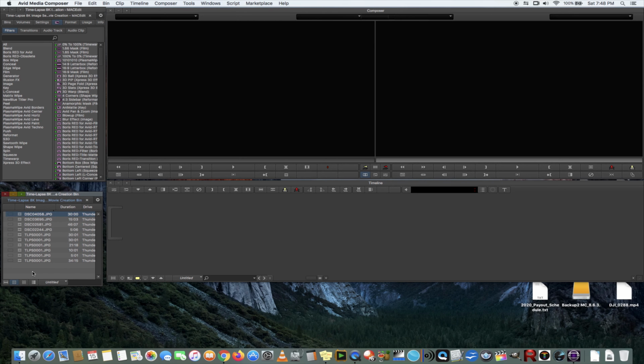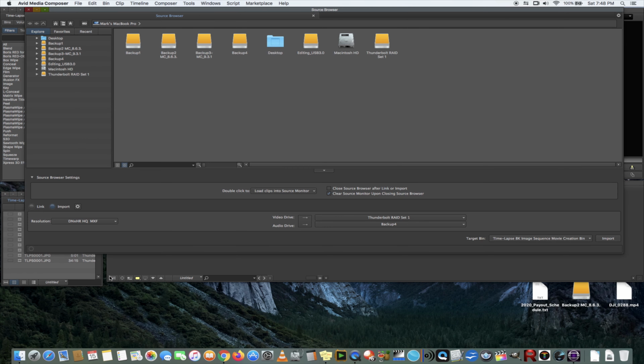I'm creating editable image sequences here in Media Composer. I'll give you a close-up here on the timeline so you can see what's actually going on. I don't know if you can see this. I'm importing. You see all those in the browser, those are little still JPEGs, and Media Composer